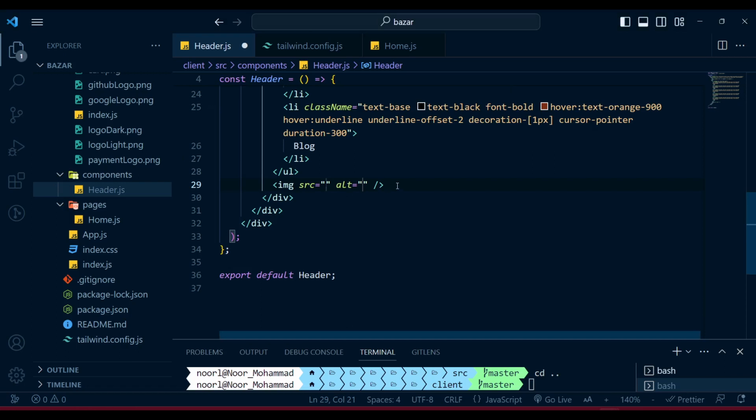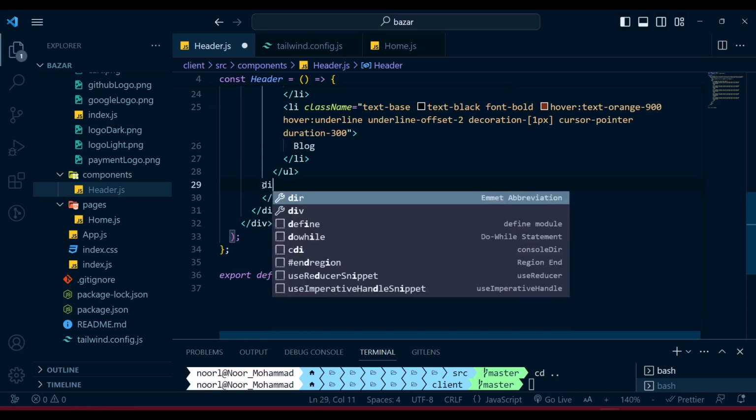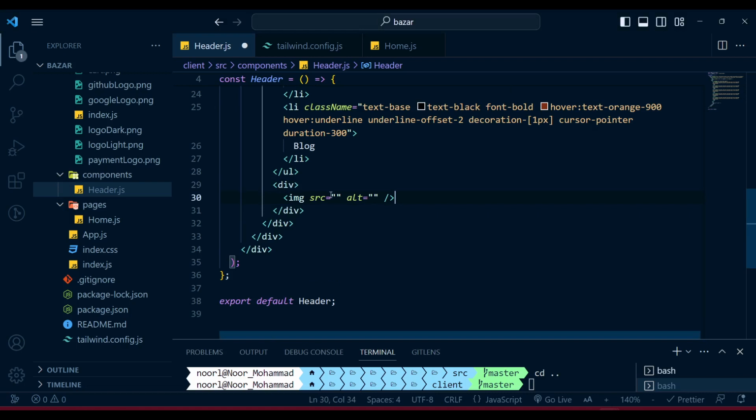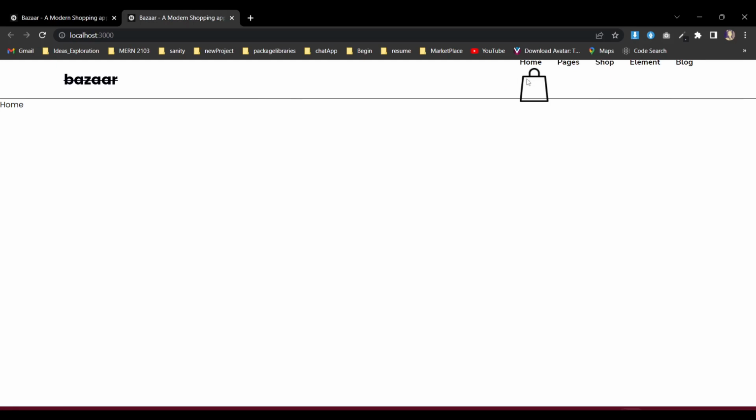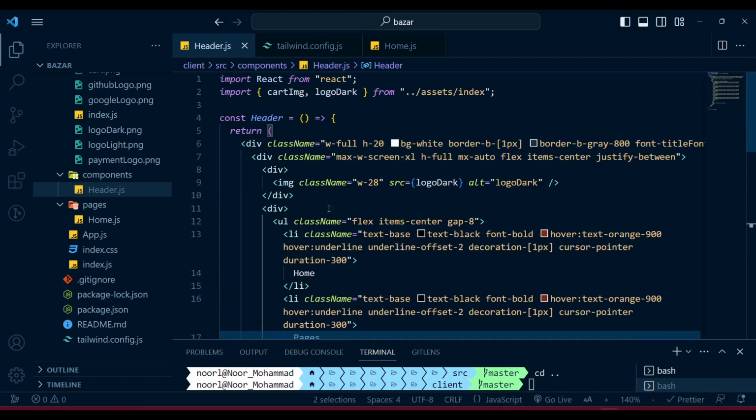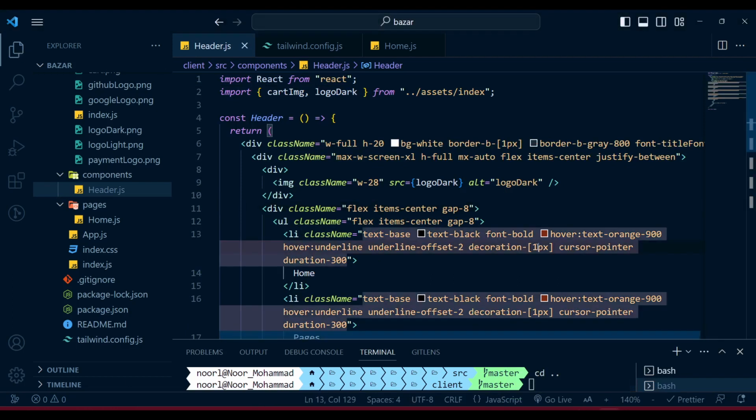So first of all, in that one I'm gonna take an image inside a div, and here I'm gonna add our, I believe the name will be card image, and if we save, I believe we can see the image. So the card image is available. Now first of all, in the top level of the div, I'm just gonna grab a similar class name, because I want to make it a flex. And after giving that, let's save it,